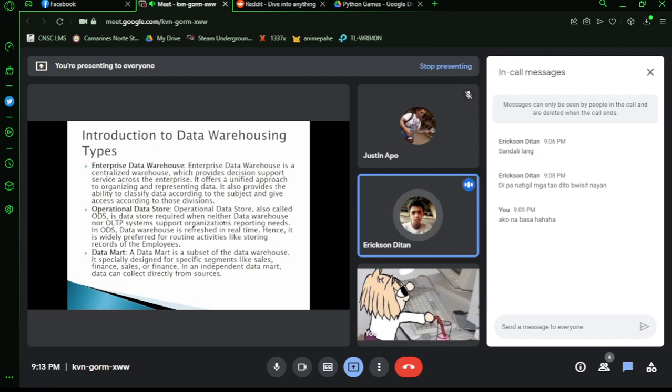Operational data store, also called ODS, is a data store required when neither data warehouse nor OLTP systems support the organization's reporting needs. In ODS, the data warehouse is refreshed in real time. Hence, it records